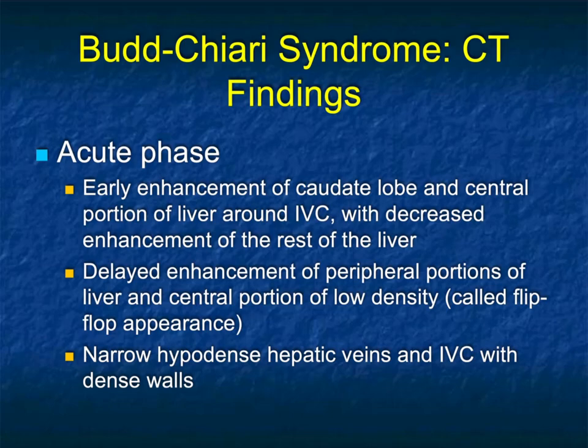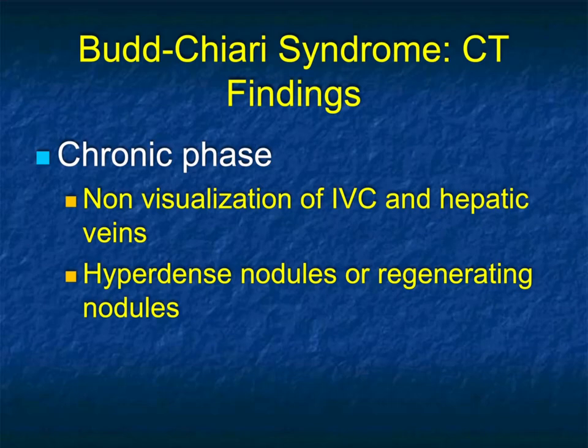Again, early enhancement of caudate lobe and central portion of the liver around the IVC with decreased enhancement of the rest of the liver. So central brightness, decreased enhancement distally, narrow hypodense hepatic veins and IVC with dense walls can be seen. And in the chronic phase, non-visualization of the IVC and hepatic veins with presence of regenerating nodules, a